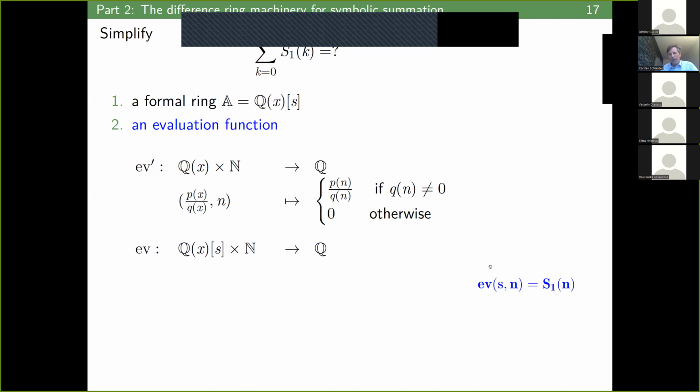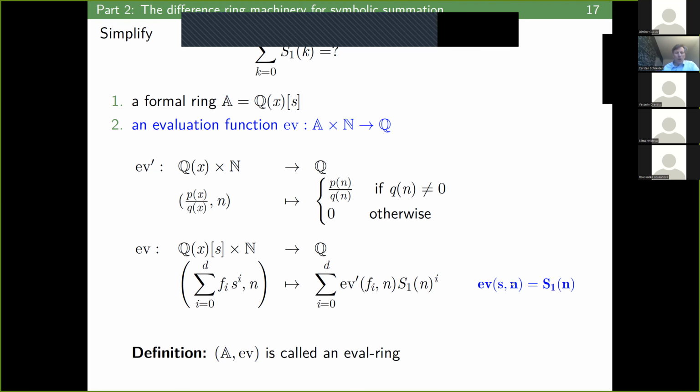Now, I want, as I said, S to represent the harmonic numbers. So it's most natural to say, if I want to evaluate S at a point n, the evaluation function should just map it to the nth harmonic number. So the evaluation of S at 2 would be 1 plus 1/2, which is 3/2. Okay. And now, knowing how S should be reinterpreted as an evaluation at a certain point, I can now also